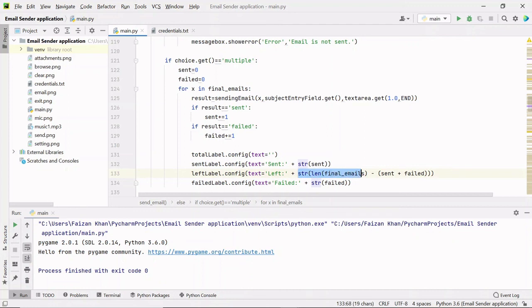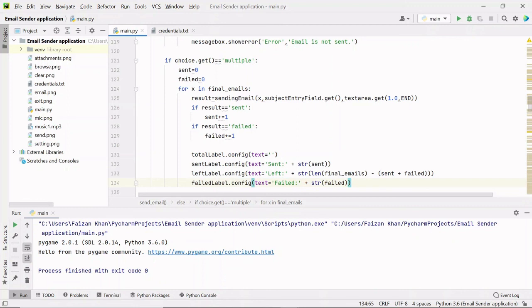Firstly I took the final emails, meaning total emails, and from that I subtracted the sum of sent and failed emails. So this will give the left emails, right? And after that I updated the text of the failed label, and here you will see the failed text, and after that the count of failed emails.